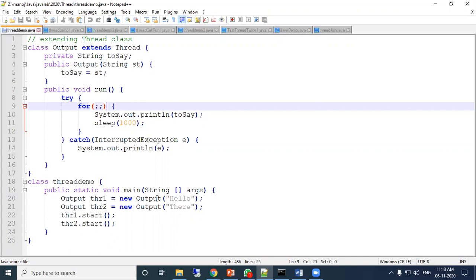Otherwise, the run method will not execute. And remember, the start method cannot be called twice unless we stop that thread. Once the thread has started, we cannot restart it until it is stopped.